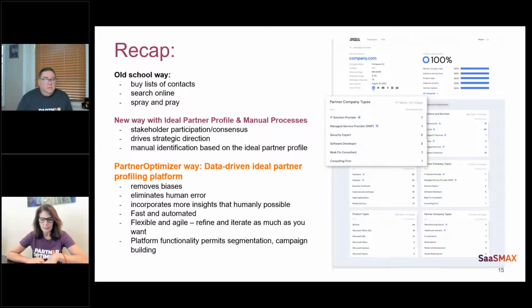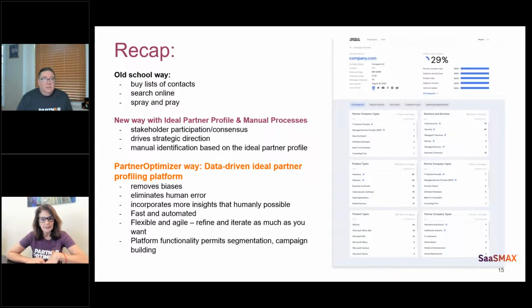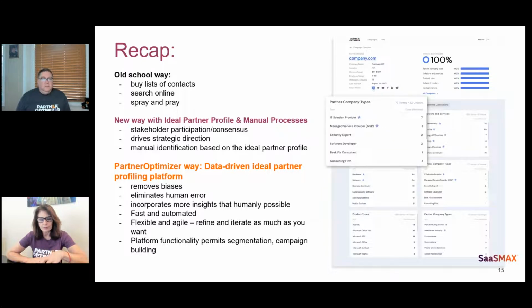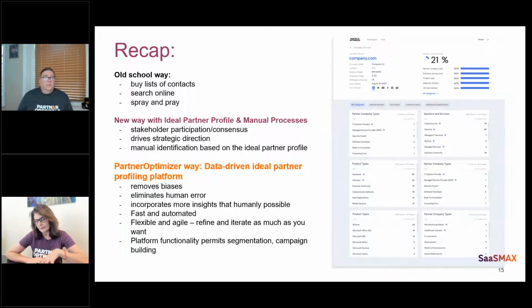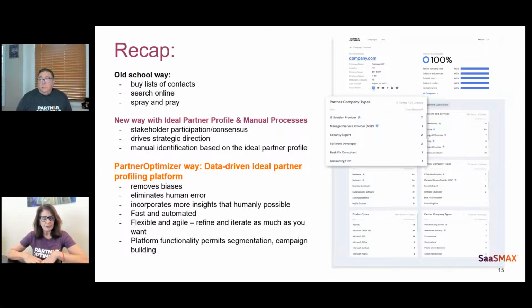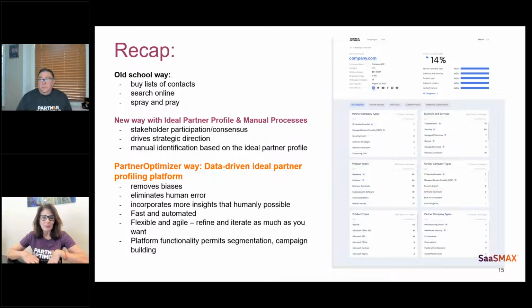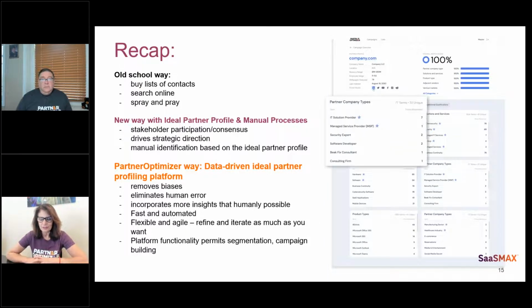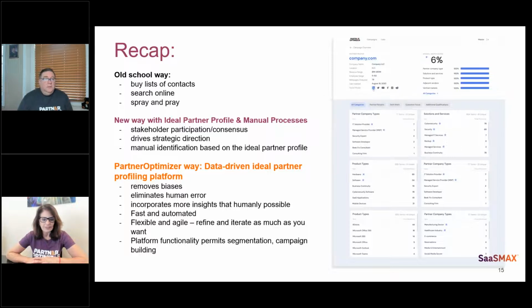So being able to drive campaigns around which partners have certain business attributes, you can do that easily as well. Let's say you wanted to test out a new concept around a productization of a vertical or a horizontal, whatever it may be, you have the data at your fingertips to pull in that focus group or that ideal set of partners who can help you achieve those things. So it's pretty exciting to have the data and have the partners viewed in these ways.